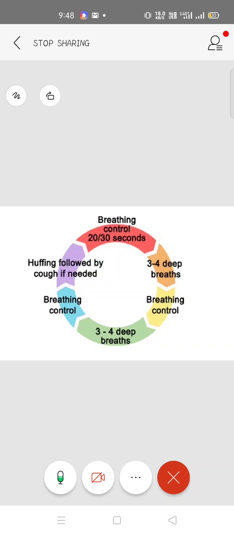And then if after coughing like 1 or 2 times the person again feels breathless or lightheadedness, then you can return back to the breathing control. So since this is a cycle, you can keep on repeating it until you feel that your secretions are cleared. And also you need to make sure that the patient is not tired after doing all these things. Okay, clear about this cycle?